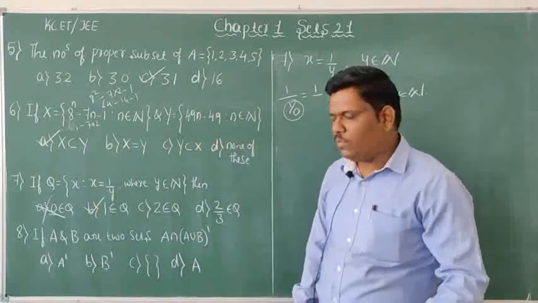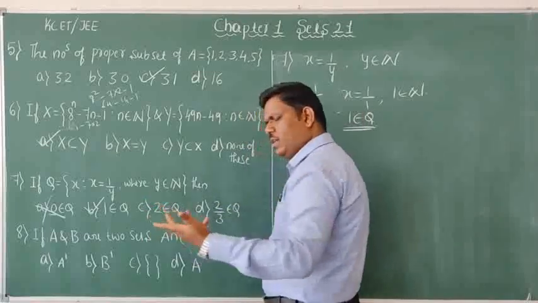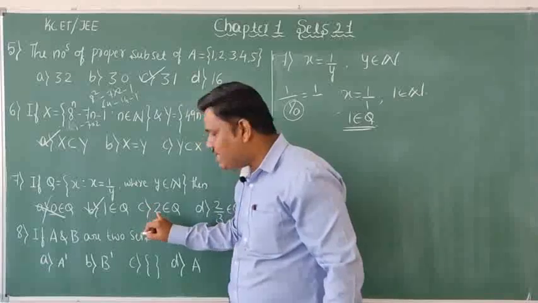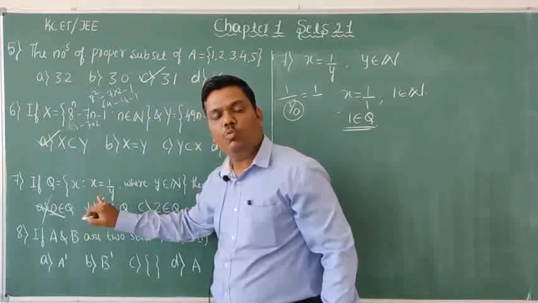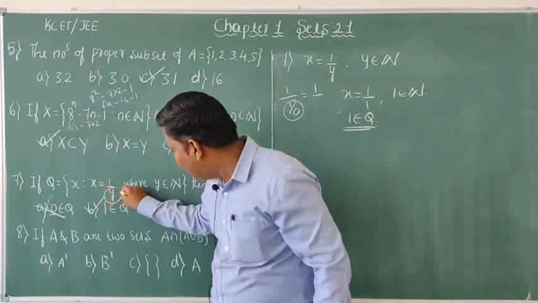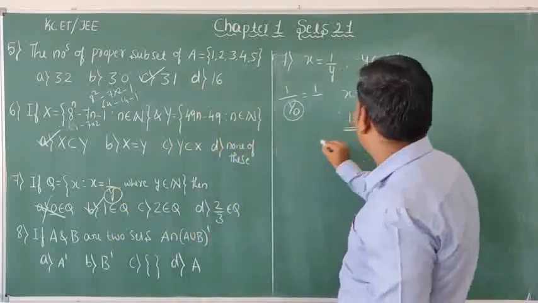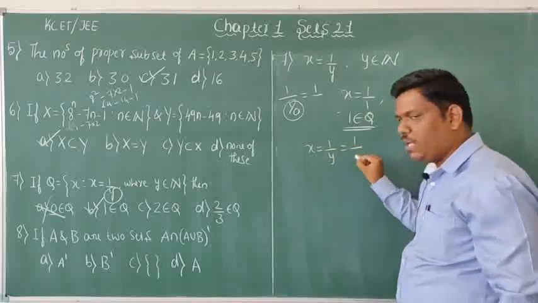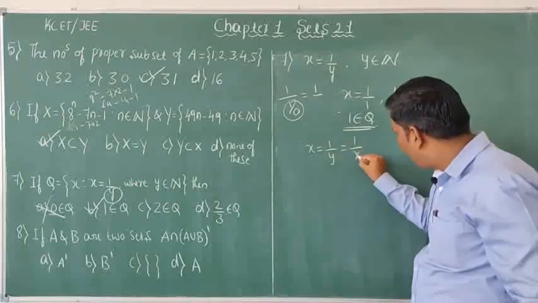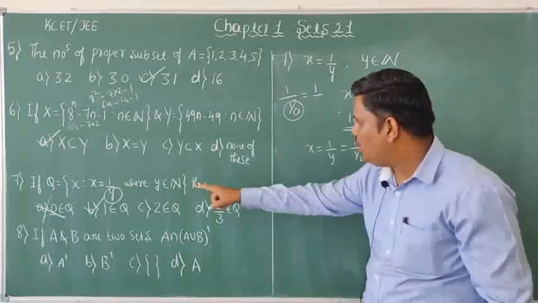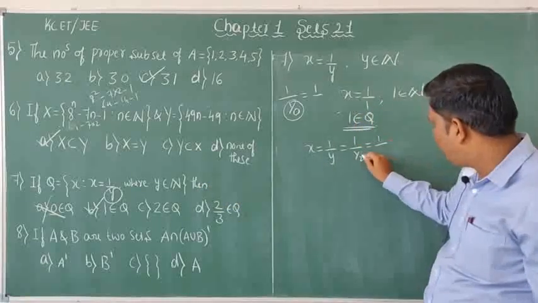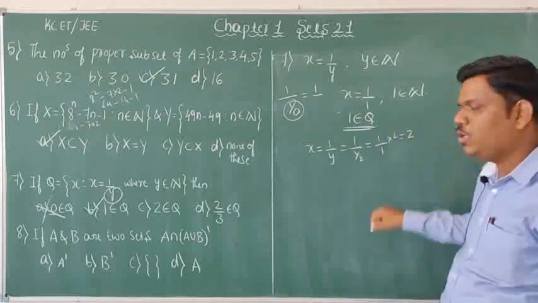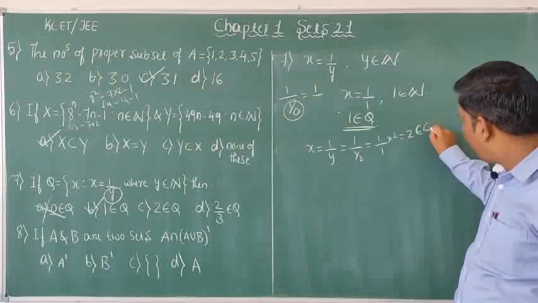B. Now, sir, 2 is a natural number. Yes, obviously 2 is a natural number. If you want 2 as an element of Q, you must substitute y as follows. Observe, x is equal to 1 divided by y. You must substitute 1 by 2, then only you get 2, because 1 divided by denominator of the numerator, 1 into 2. So we get 2. This belongs to Q